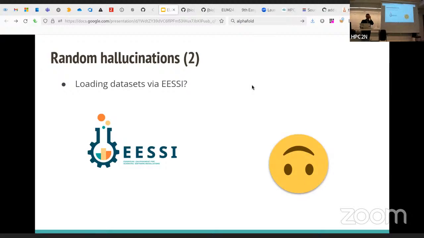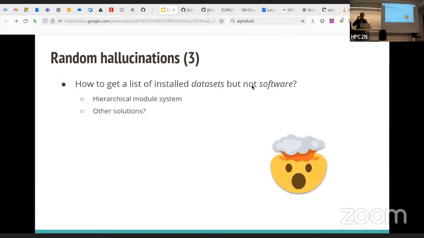Nice. And this was the thing that I was worried about. How can we get this list of all those data sets easily for the users without looking at the software? So the suggestion of